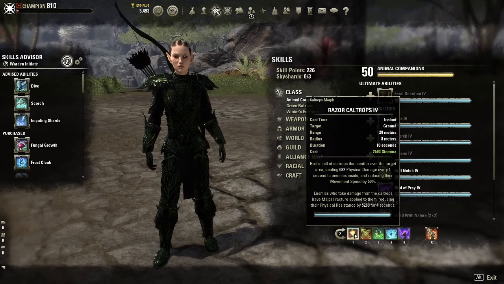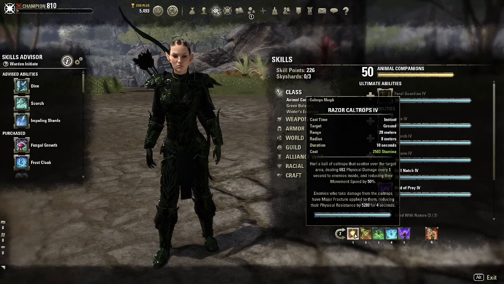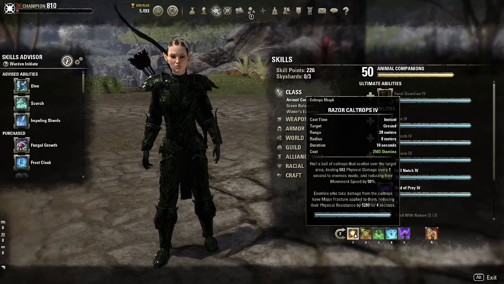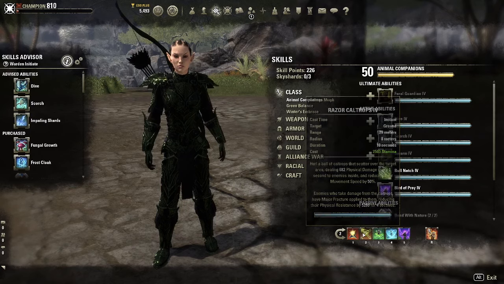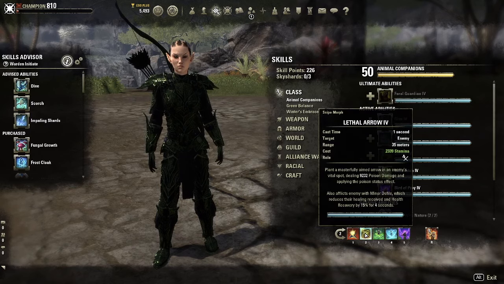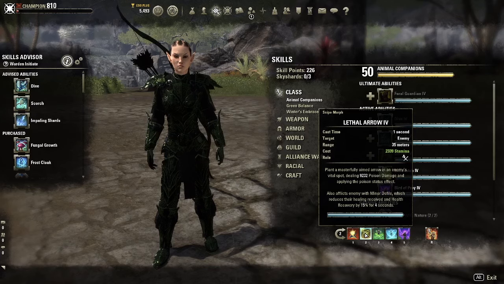Razor Caltrops. Hurl a ball of Caltrops that scatter over the target area, dealing 682 physical damage every 1 second to enemies inside and reducing their movement speed by 50%. Enemies who take damage from the Caltrops have major fracture applied to them, reducing their physical resistance by 5,280 for 4 seconds. Lethal Arrow. Plant a masterfully aimed arrow in an enemy's vital spot, dealing 9,232 poison damage and applying